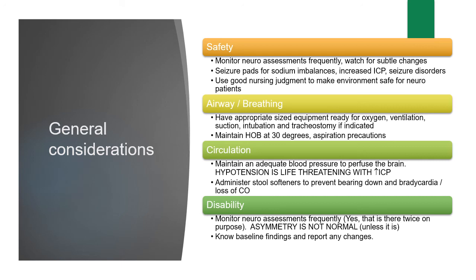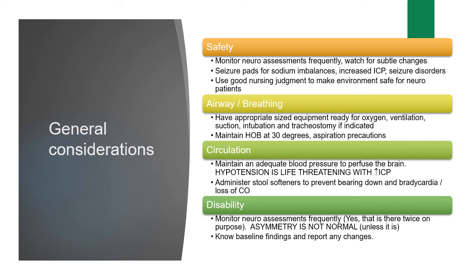Circulation. So maintain adequate blood pressure to perfuse the brain. Hypotension is life-threatening with increased intracranial pressure. If you have an increased intracranial pressure, your cerebral perfusion pressure requirements increase. Therefore, your blood pressure needs to increase, and that is why your blood pressure increases with Cushing's triad with increased intracranial pressure. We do not want to decrease the blood pressure to the point of hypotension or to the point where it's so low that the cerebral perfusion pressure is less than the intracranial pressure and you can't actually perfuse